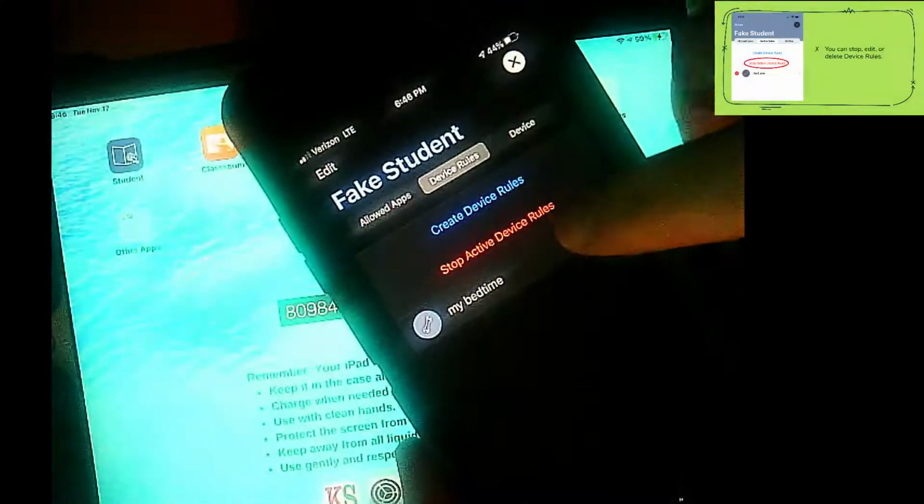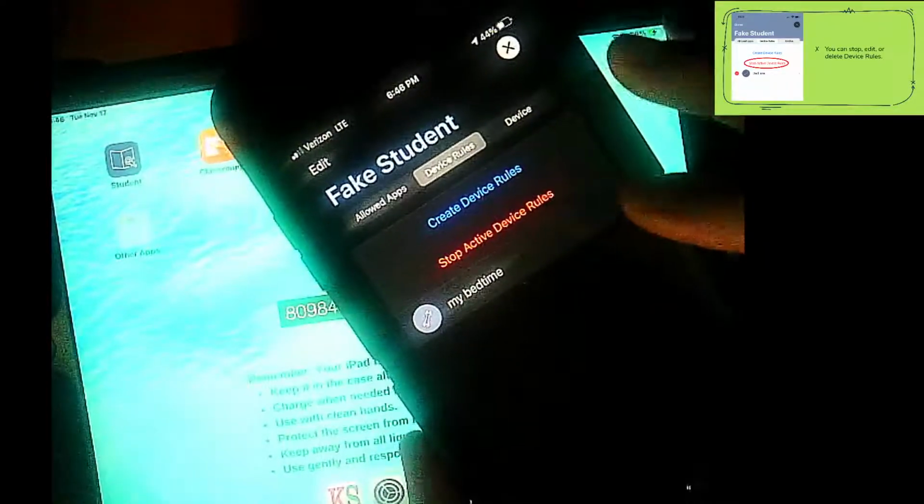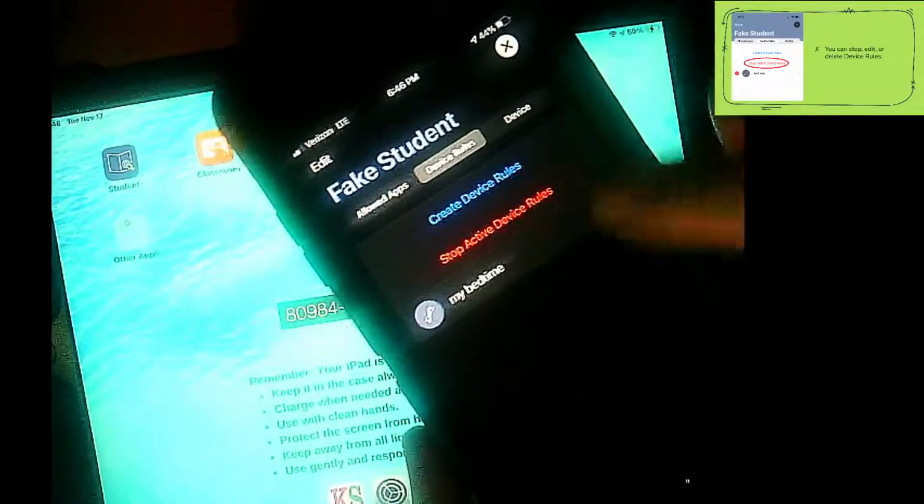I don't seem to have the edit feature on this, or the remove. The remove is basically swipe to the left. So I must have to. Nope. I don't have the edit. So I guess the only way you can get rid of it is the stop active device rules. There you go. Yes. And I still don't see an edit. I think it's still running, Brian. You probably have to stop it, like actually stop it,